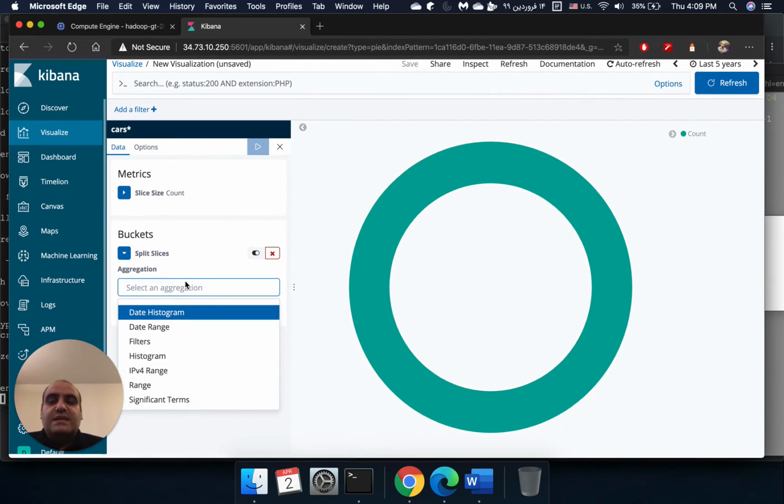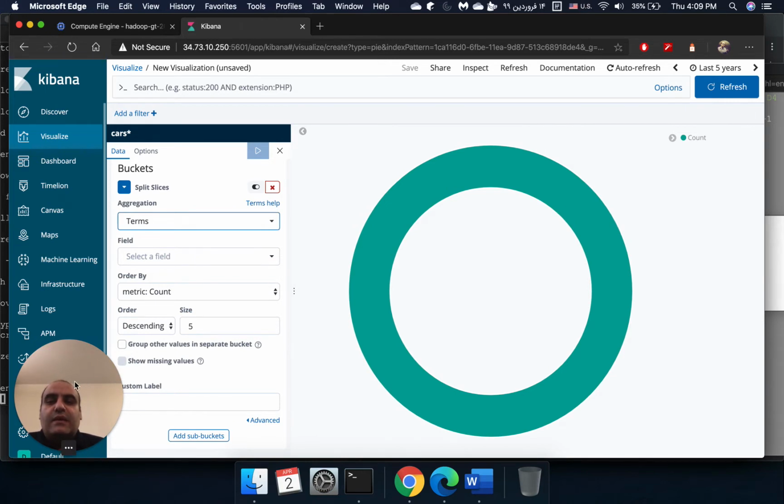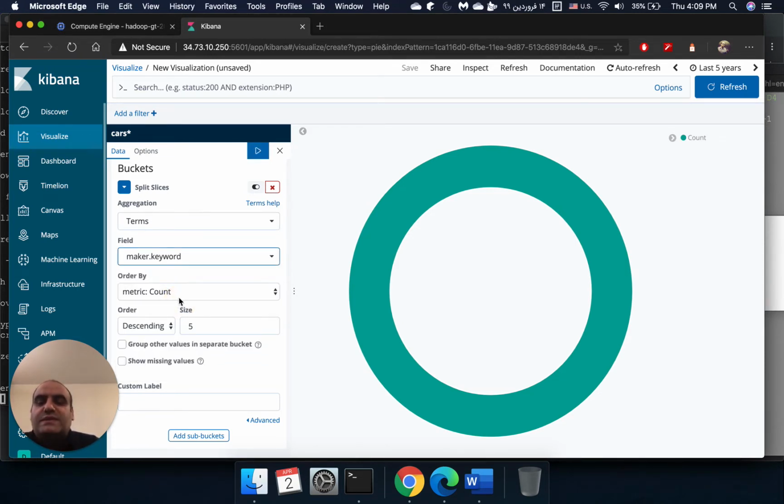From split slices, we again select terms, and it's based on the maker again. Count is good because we want to sort descending from the top number of cars by those manufacturers in the data set. We select the top 5 of them. If I just run it now, you can see them